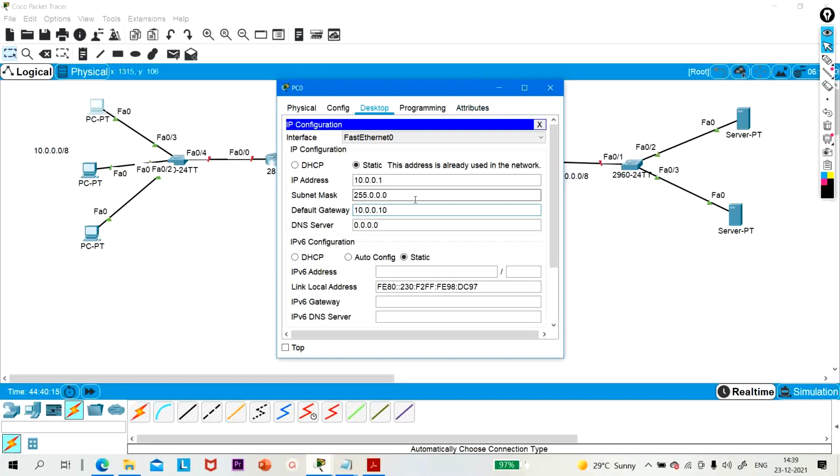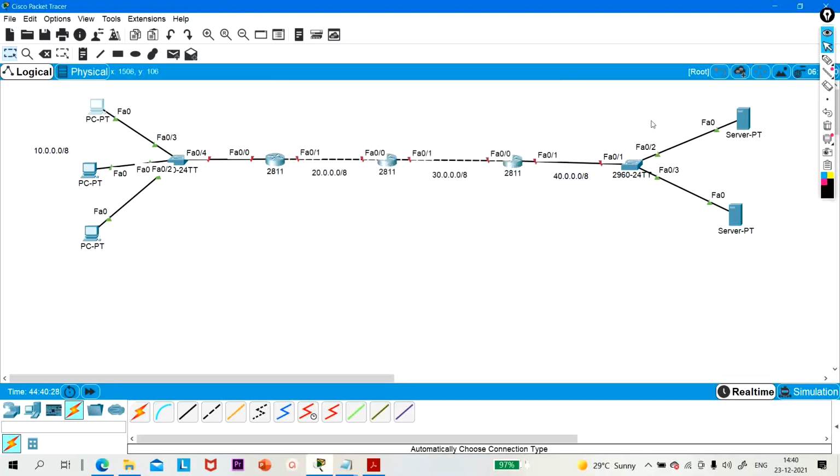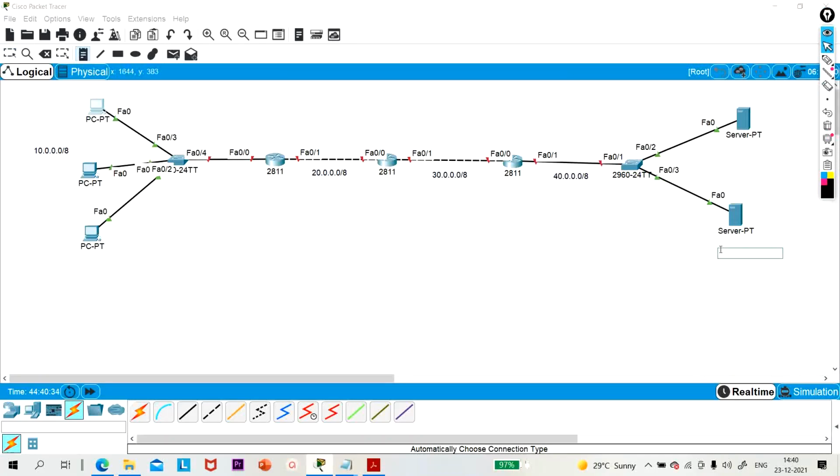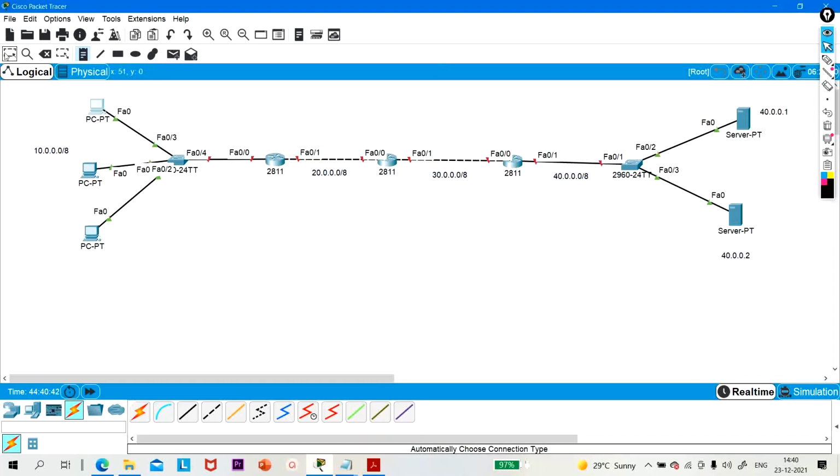Fine. And the DNS IP address, suppose the IP address of DNS is 40.0.0.2. Okay, so I will configure 40.0.0.2 on the DNS server, and 40.0.0.1 on my HTTP server.